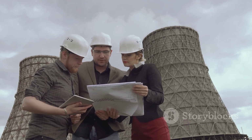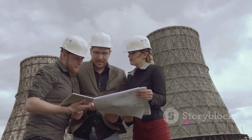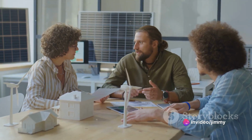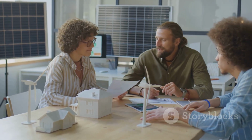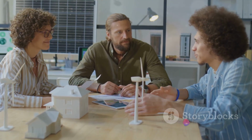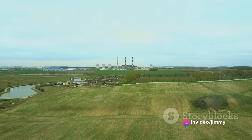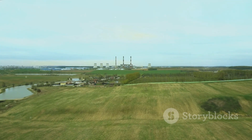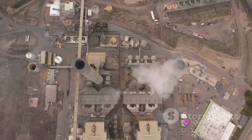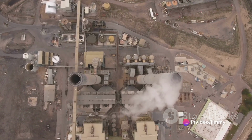Fast forward to the 1990s, and the concept of carbon capture was starting to gain traction in the scientific community. The Intergovernmental Panel on Climate Change, or the IPCC, published a report in 1996 that highlighted the potential of this technology in mitigating climate change. The report was a game-changer, and it set the stage for the development of modern carbon capture techniques. The early 2000s saw a significant milestone in the evolution of carbon capture technology. In 2008, the Weyburn Mid-Ale field in Canada became the world's first large-scale carbon capture and storage project. This project demonstrated that carbon capture was not just a theoretical concept, but a feasible solution to reduce greenhouse gas